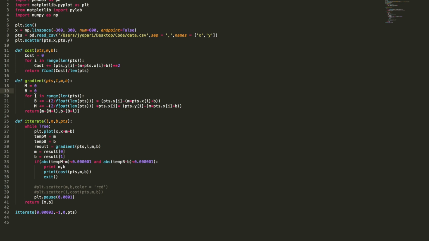So here, the for loop, it's like the sigma. We're just going to go through all the points. And here you can see our partial derivatives that we derived in the previous parts of this video. So we can see negative 2 times n because we're taking the average. And then for b, it's just the negative came out. That's why it's negative right here. And then just y minus mx plus b. And then for m, it's the negative